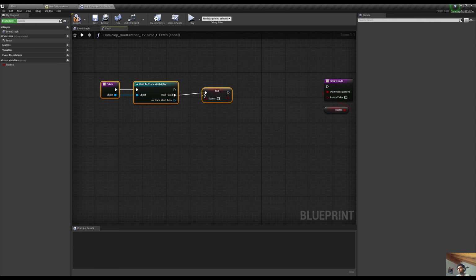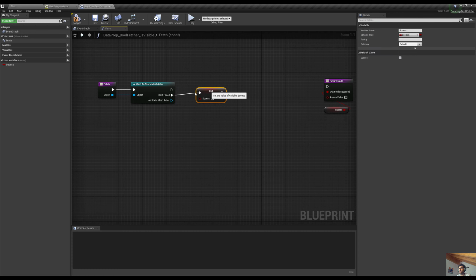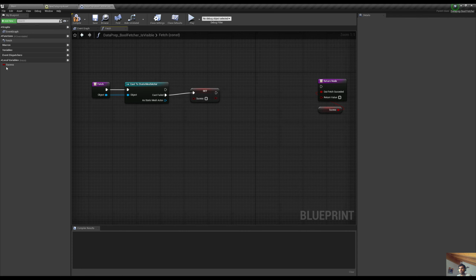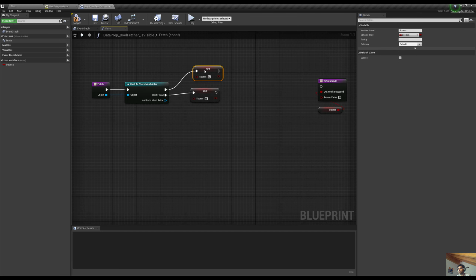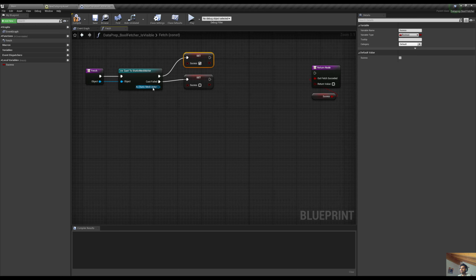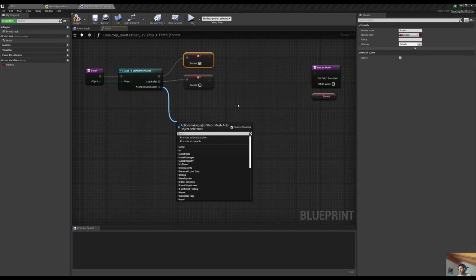So it's not going to show me anything in the Visual DataPrep asset file. But if it was successful, set it that it was successful. Now I have a static mesh actor, and now I want to just say that visible, or just say is